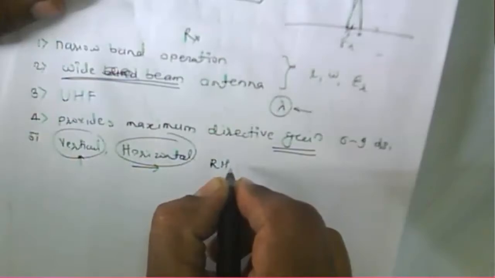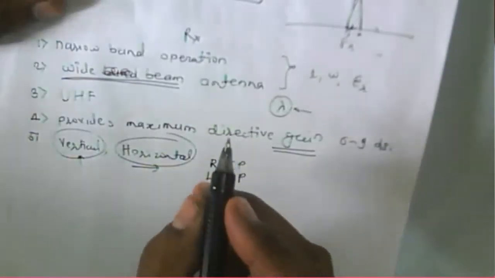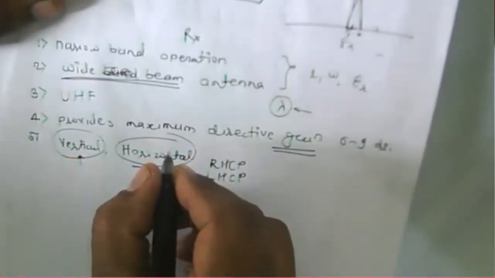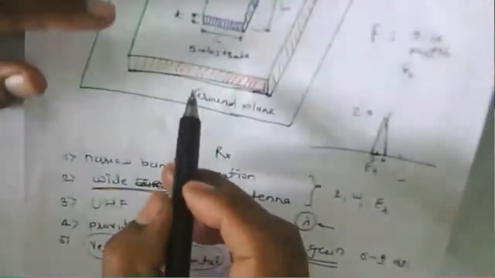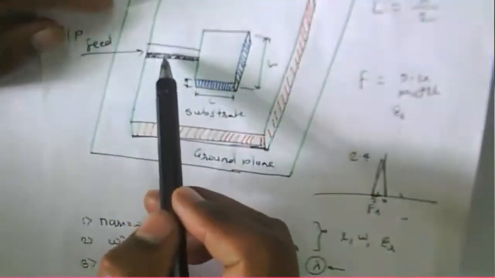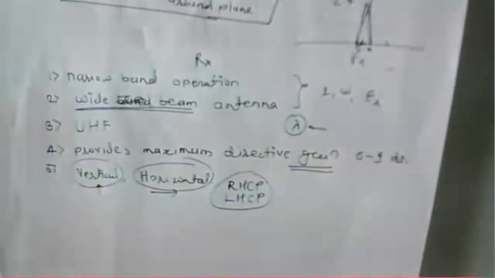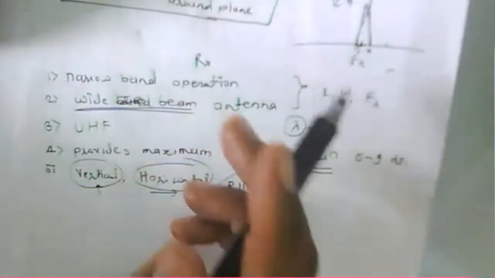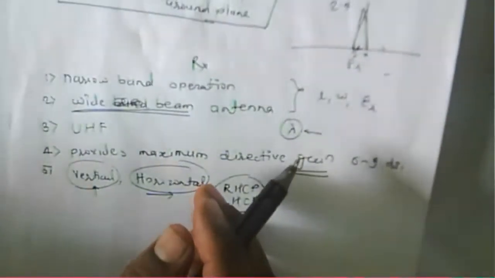We can say a right hand circular polarization, or we can say a left hand circular polarization. So the patch antenna can be easily designed for this particular polarization, and that can be designed using different types of feed line. According to that, we will get a vertical polarized wave, or a horizontal polarized wave, or a right hand circular polarized wave, or a left hand circular polarized wave. Okay, that is about the pattern. So we can design various types of structure there.